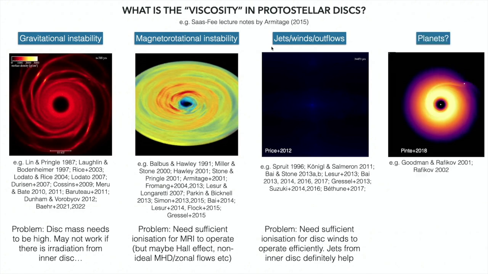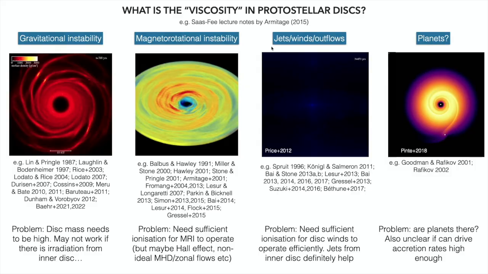Okay, there's even some suggestions in the literature that maybe even planets can be the source of viscosity in disks. So this is like Goodman and Rafikov, for example, were proposing this. But why is a planet a source of viscosity? It's simply because you drive spiral arms in the disk, and this is what induces mixing between rings and gives you angular momentum transport. All right? Sounds too easy. Okay, so how can we observe accretion disks? This is all theoretical. How can we observe accretion disks? Right, so let's start by discussing accretion disks you can visit.